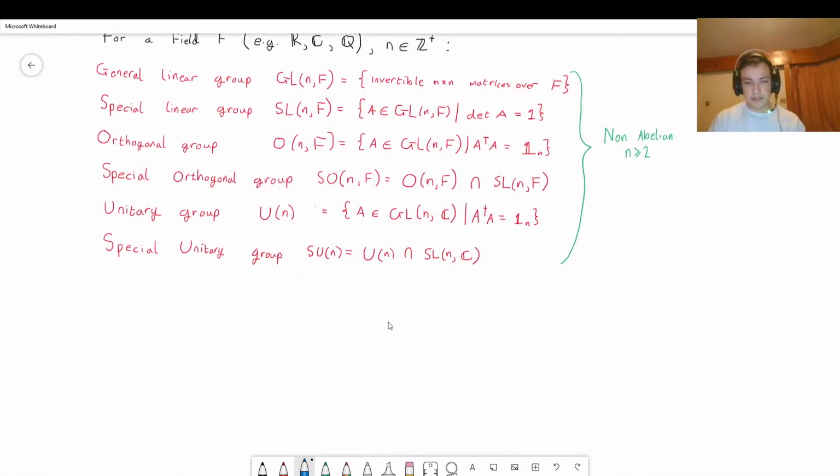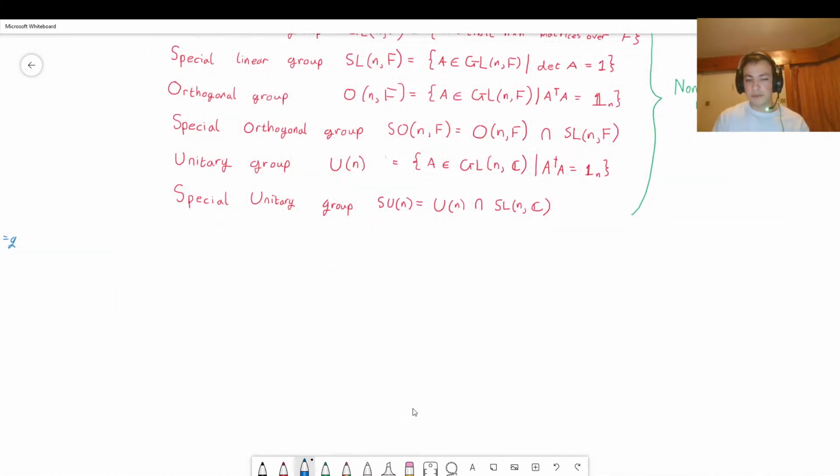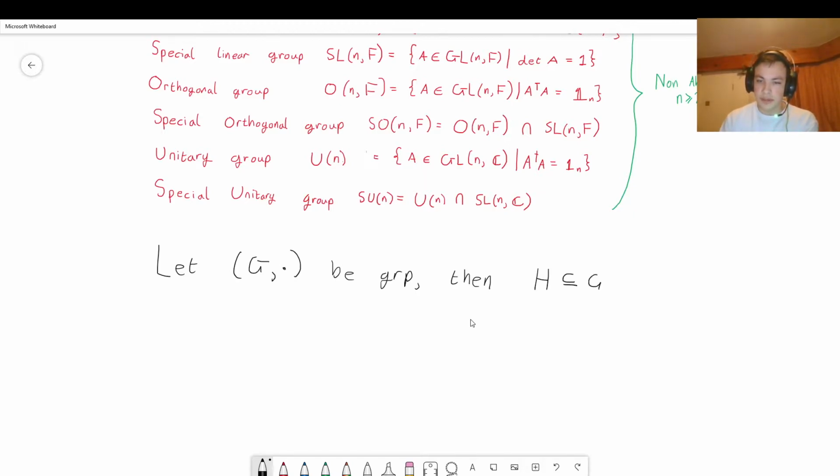So first, we have an obvious idea that everything in the special linear group is part of the general linear group, and everything in the special orthogonal group should be part of the special linear group. What we mean by this, when a group is part of another group, is a subgroup. Okay, so let G dot be a group, then any subset H of G that is not empty, so we need H to have some elements, we don't want the empty set to be a group because that's a bit weird, is a subgroup